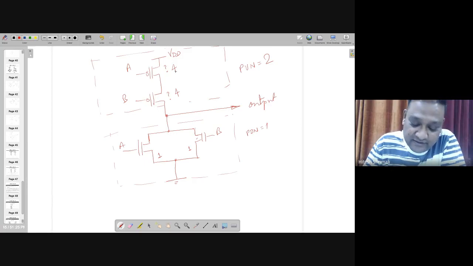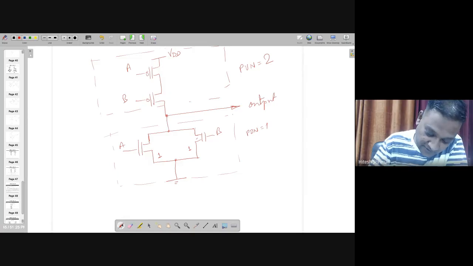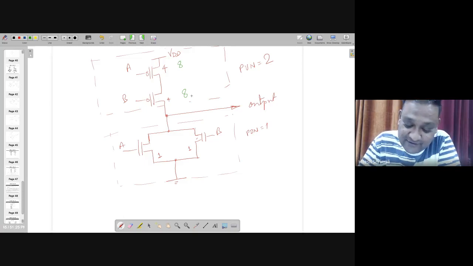Okay. Any other guess from anyone else? Do you agree with this one? So it should be 8. Okay. One answer is 4-4. Raman, and Soni has given 8-8, right? Okay. Any other guess? 8-8, I kept it. Any other answer than this one? Okay. So why 4-4? The one who gave 4-4, can you give the reasoning behind this? Why is it 4-4?